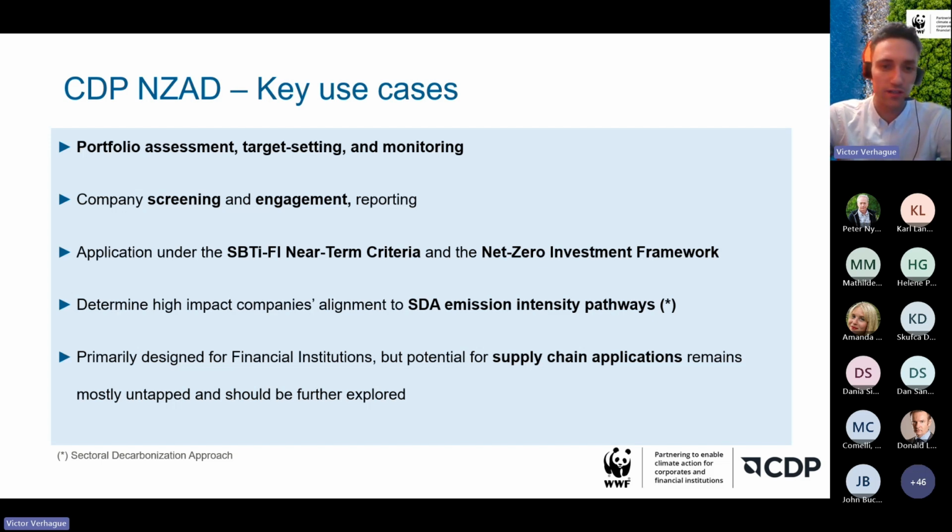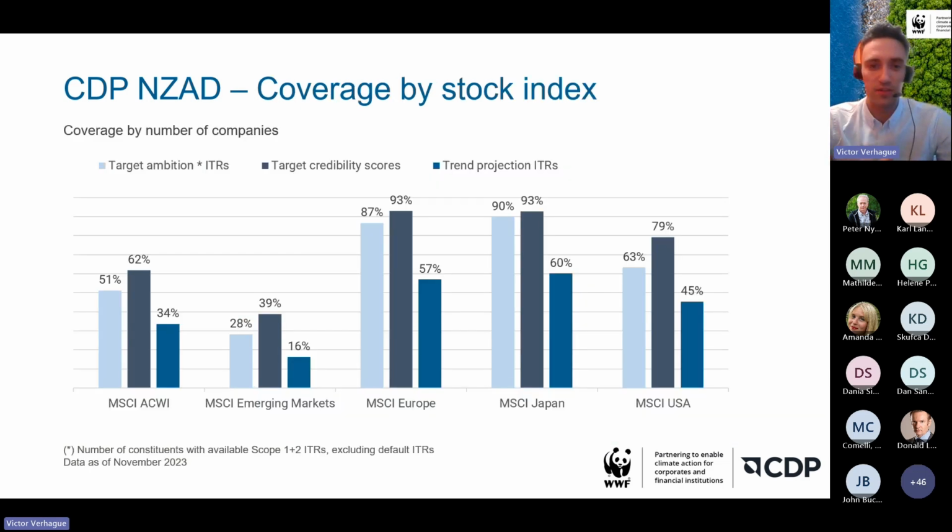And finally, a quick note on NZAD's coverage. The dataset is updated several times a year and provides non-default temperature scores for approximately 10,000 companies, and even more if you factor in credibility scores. This slide displays coverage for each metric across MSCI's main indices, with percentages based on the number of companies within each index, rather than index weights. As you can see, coverage is particularly strong in Europe, Japan, and the US, with slightly lower levels for global